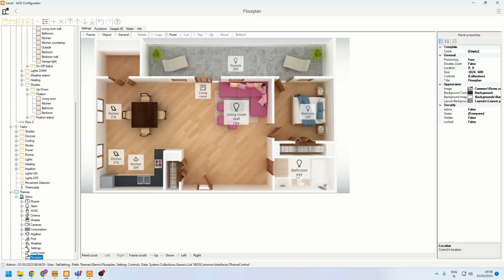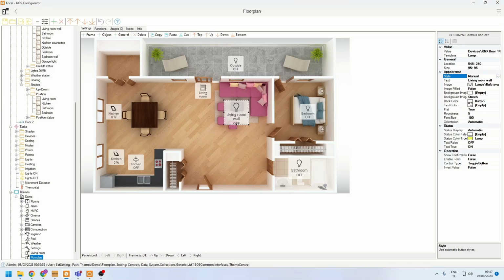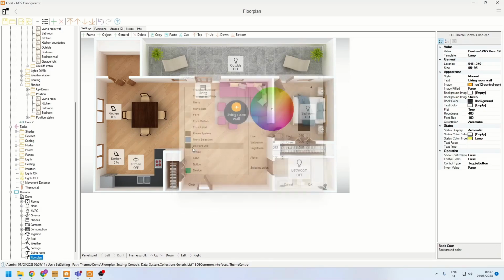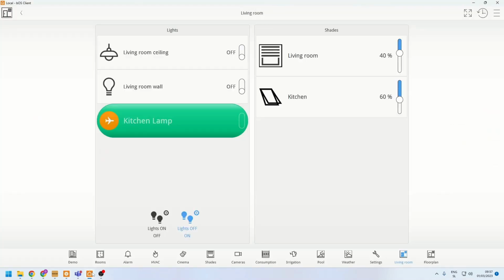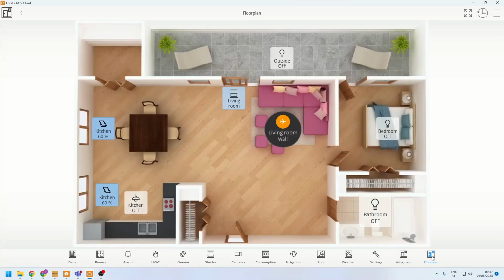And the same principle applies when it comes to customization. So I can select each individual button, change the style, change the icon. Go to the icon that we added earlier, remove the text. We can make it completely like a circle if needed. Change the back color, for instance. This is going to be a little bit more profound. I can see it. And if I go back to my client, floor plan is added,